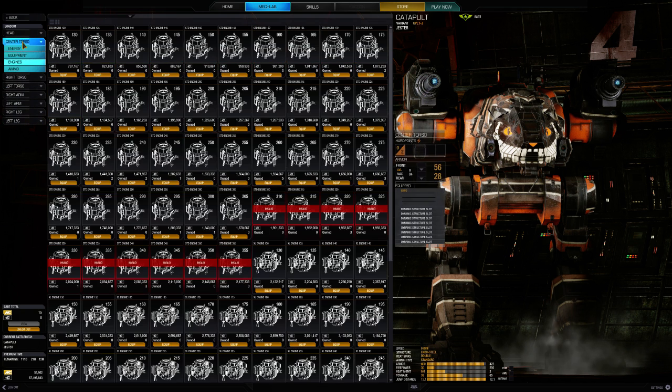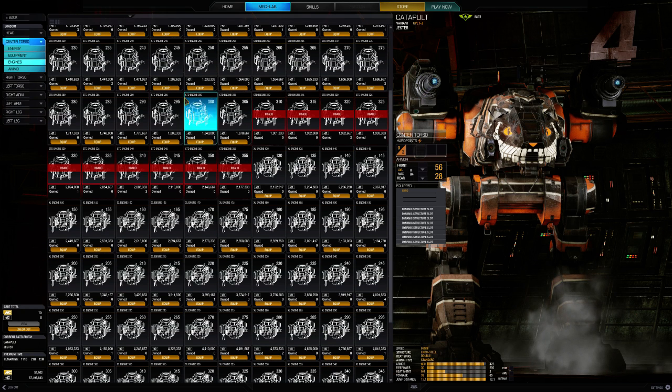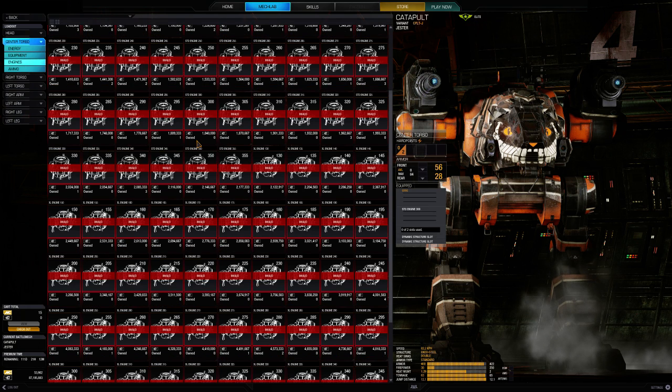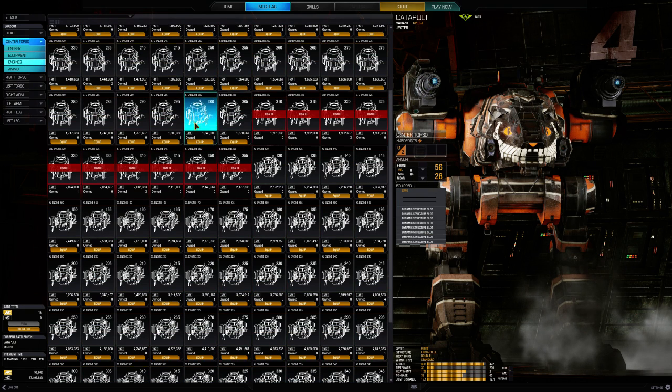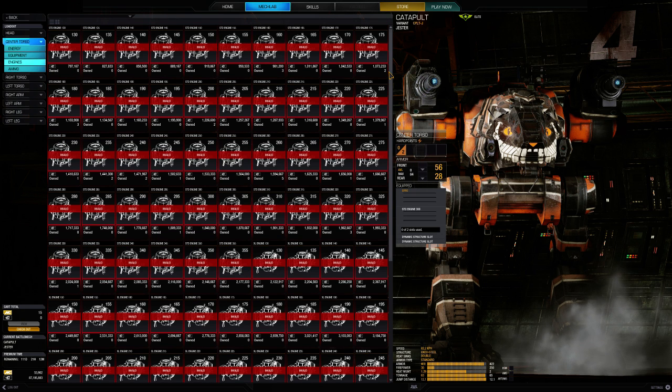Let's see here. So to go back to my standard 300, I just have to locate it and hit equip. Okay, that's pretty easy. So just equip. Can I just drag it? I can drag, hit equip. Okay, that's not bad at all. Alright. And then what about